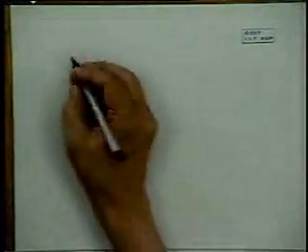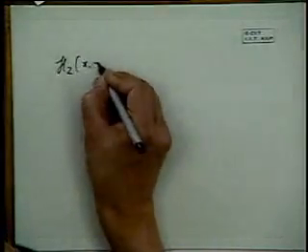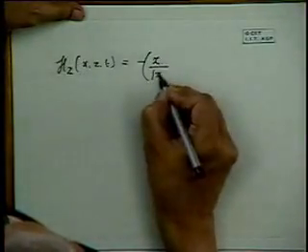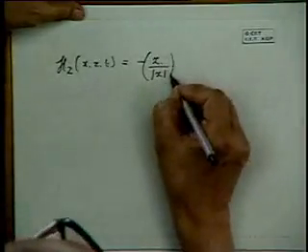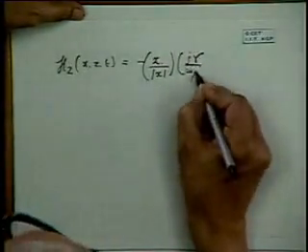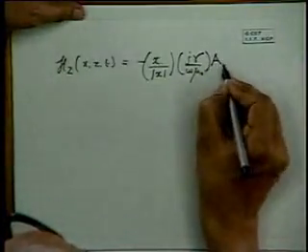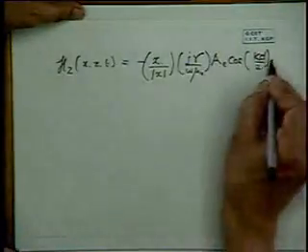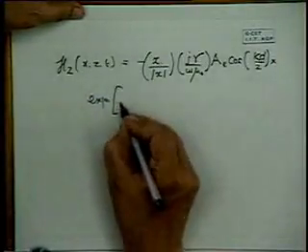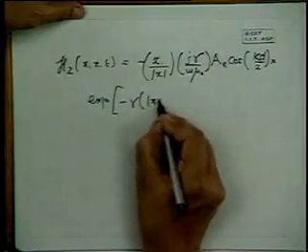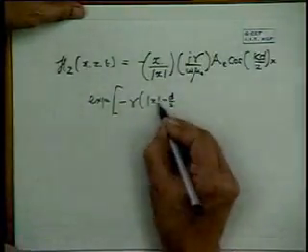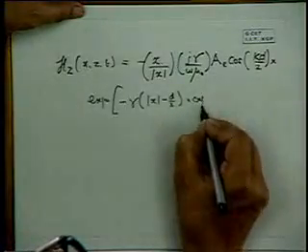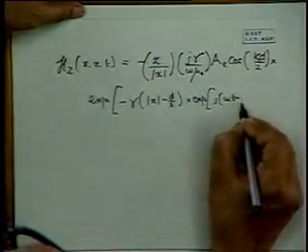Similarly, one could write for Hz of x, z, t is minus x by the magnitude of x, j over omega mu 0, it's the old relation, AE cos kd by 2 into x minus gamma, again x minus d by 2, where x here is now larger than d by 2, so this is something positive, into exponential j omega t minus beta z,